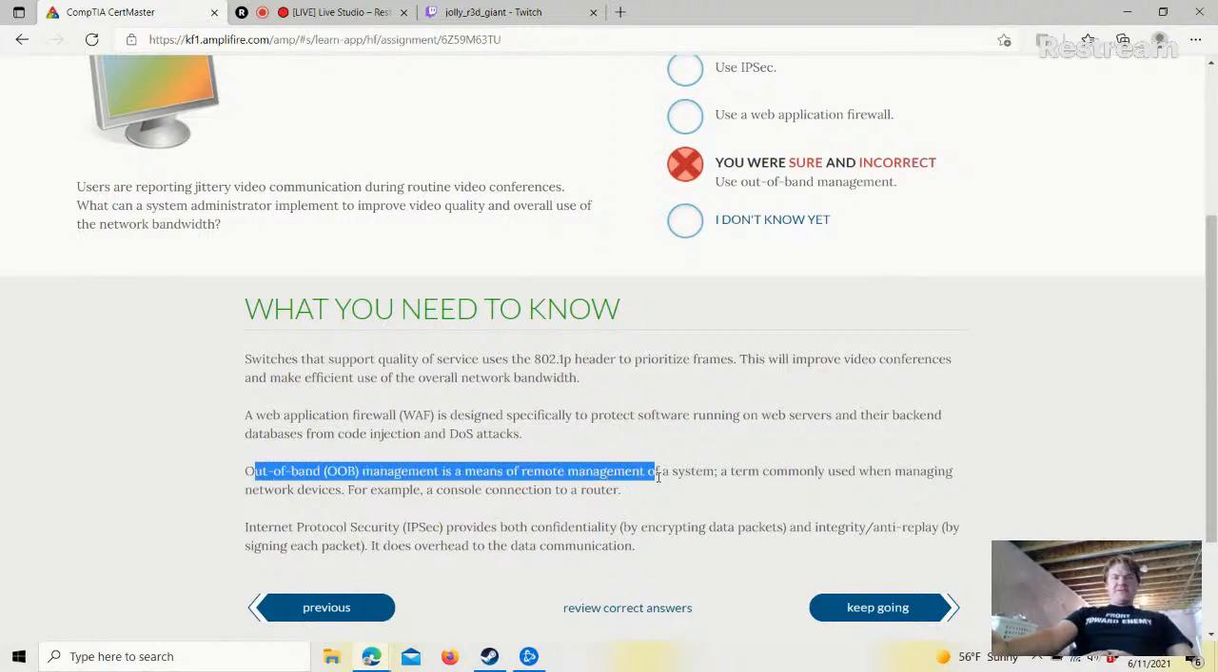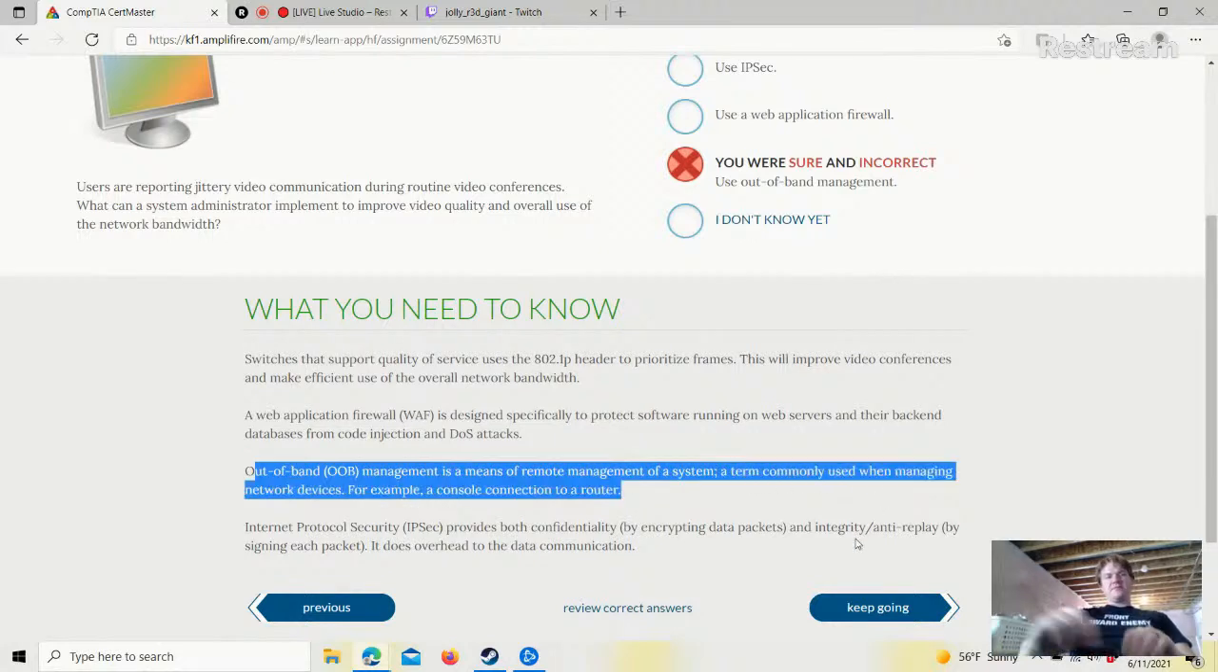Out-of-band management is a means of remote management of a system, a term commonly used when managing network devices. For example, a console connection to a router. Internet protocol security provides both confidentiality by encrypting data packets and